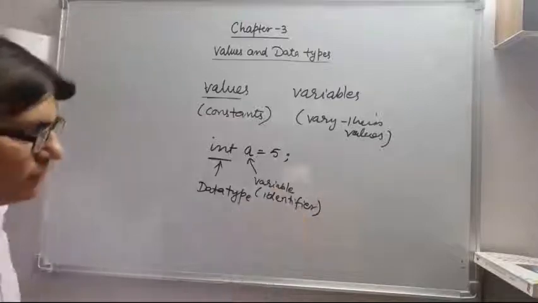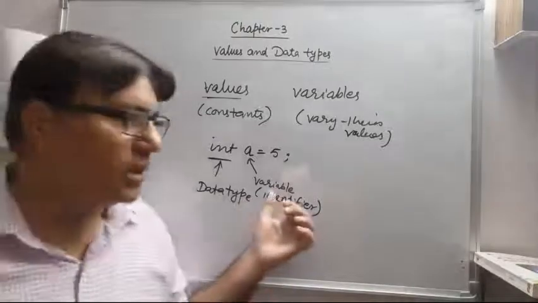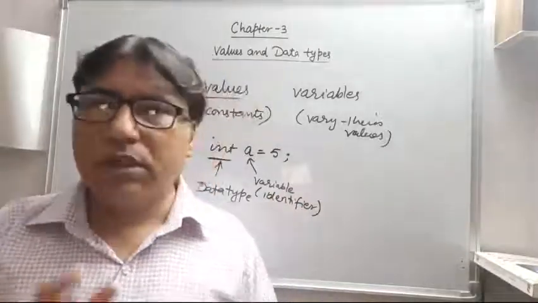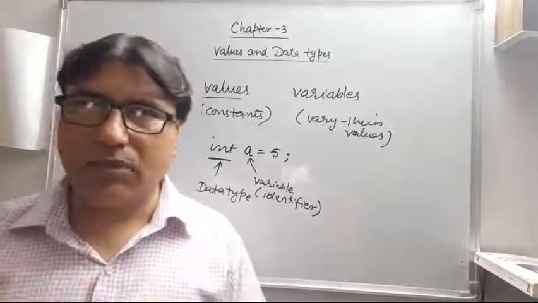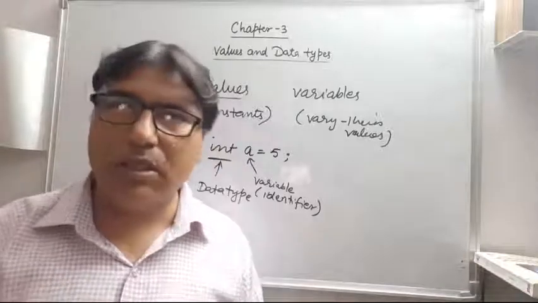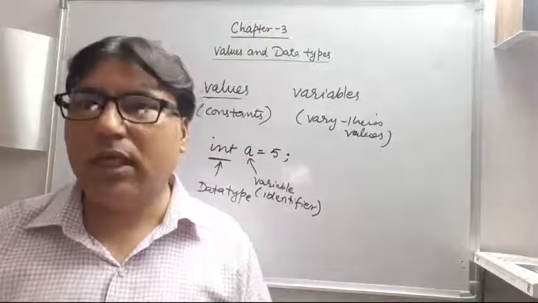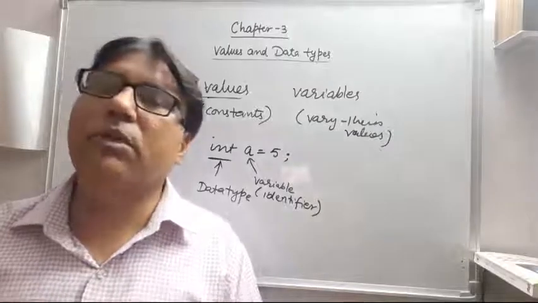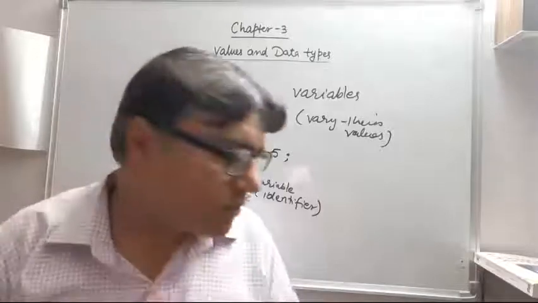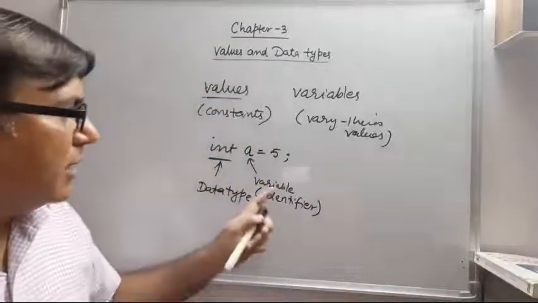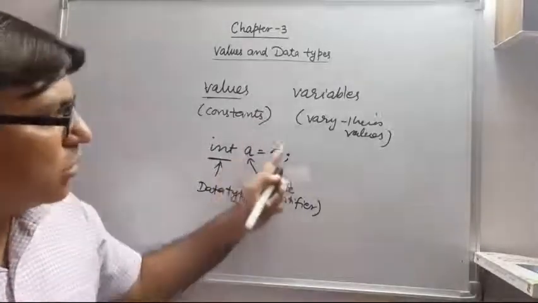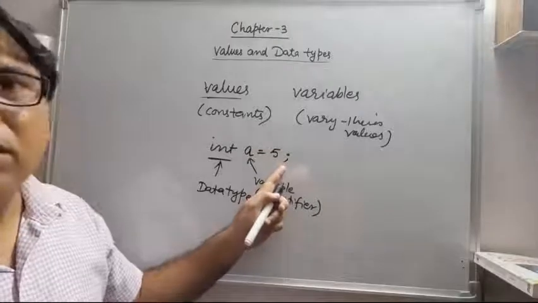Now what is an identifier? This identifier or variable is a memory location in the computer system which has a particular address. Suppose for example there is a house. A house has a house number, a colony is allotted to it, an area is allotted to it, and it belongs to a particular state, particular country. In a similar way, these variables are the memory locations which can store this value in them.